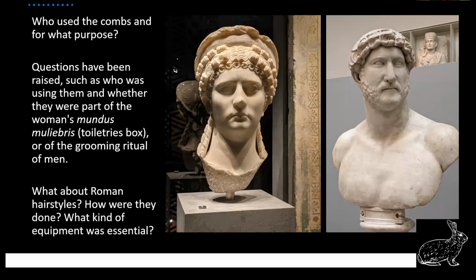So the next rabbit hole that we go down is who used the combs and for what purpose? The questions that were raised were, was it part of the woman's kit, her mundus muliebris, her toiletry box, or was it part of the grooming ritual for men? I've got a couple of images here. One is of a